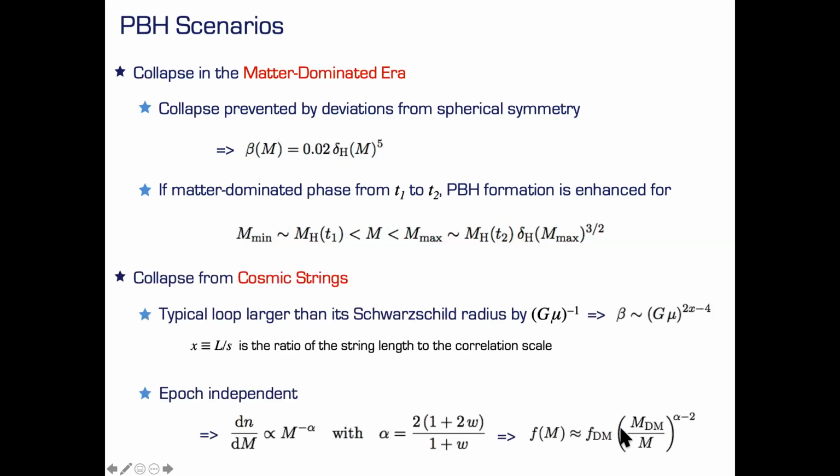Again, with cosmic strings, these are one-dimensional topological defects. They could intersect with each other and produce closed loops. And again, in certain circumstances, it can happen that the whole configuration goes within its own Schwarzschild radius, and then it collapses into black holes. Generally, the condition for forming black holes is that you bring a configuration within its own Schwarzschild radius, and then you have a black hole. Then you can calculate the spectrum, usually a scale invariant spectrum, and the scale invariant spectrum has particular properties, for how the mass dependence of the dark matter fraction is. You can precisely calculate this, but these are basically the main mechanisms.